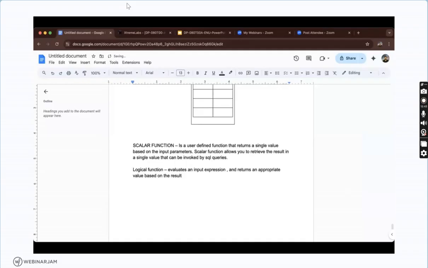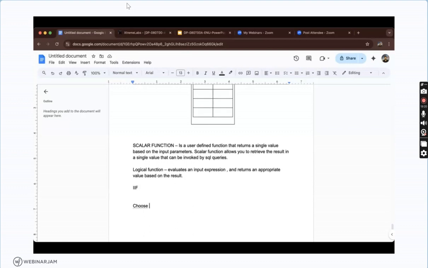Okay. So a logical function evaluates an input expression and returns an appropriate value based on the result. There are two types of logical functions available in your SQL Server. The first one is IIF, and the second one is CHOOSE. These are the two types of logical functions which I as a user can use for getting the data,